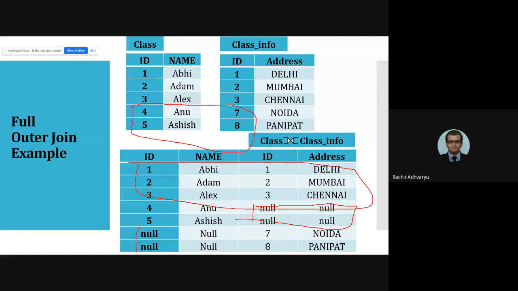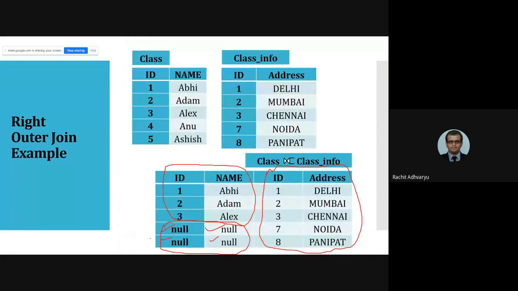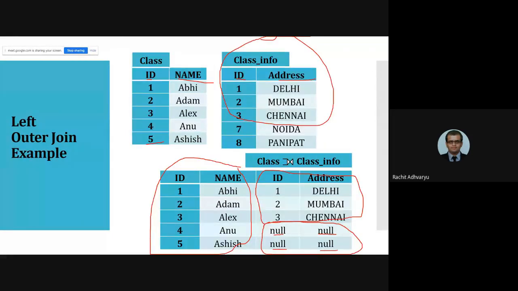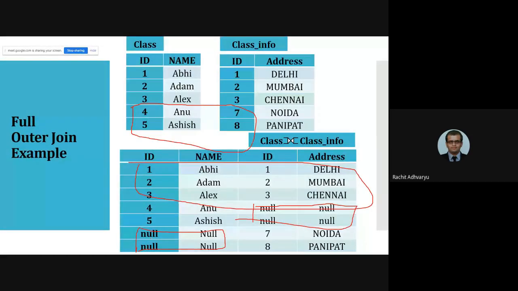You can see, what we have done actually is we have merged both the output tables of left outer join and right outer join. In the right outer join, the null is in the first part, and in the left outer join, the null is in the right part. So we have merged both of them here as a final output. This is full outer join, merging both the tables and putting null wherever there is no particular data for a particular row. Clear with this, guys? Full outer join.